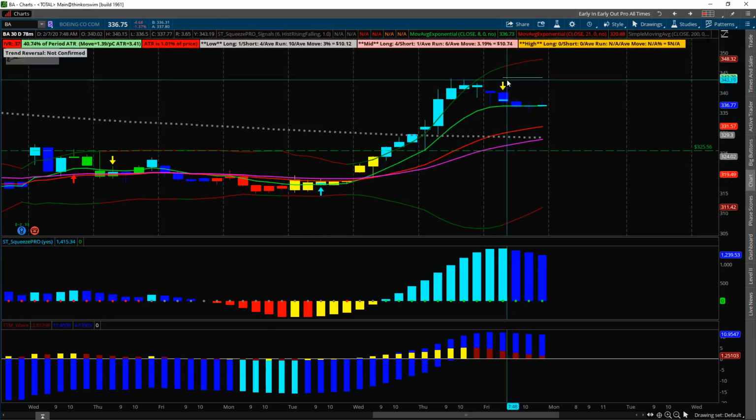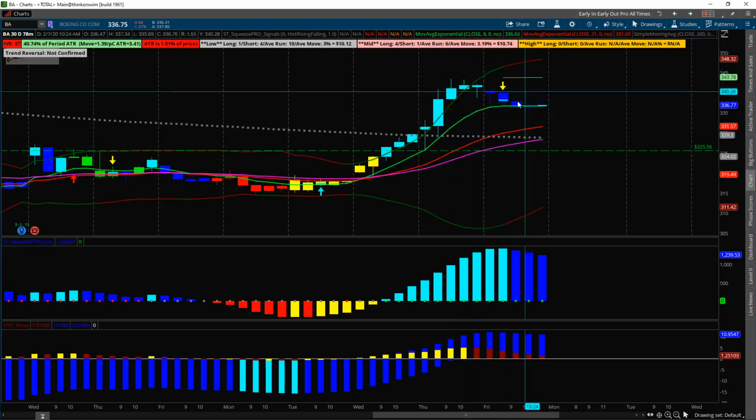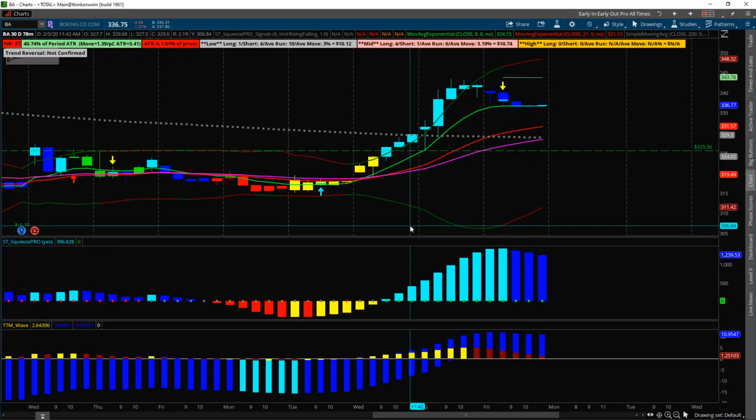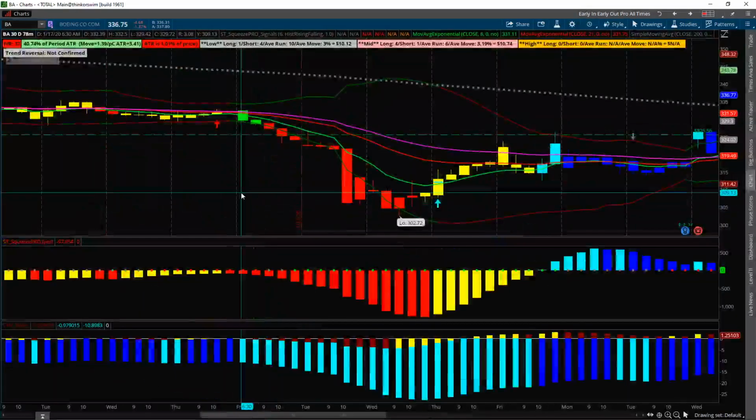And then I got my trend reversal. And we get dark blue bars, I mean, it's still in an uptrend, right? But we're starting to die off. That starts to match right here on the pro. All right. The red and the yellow